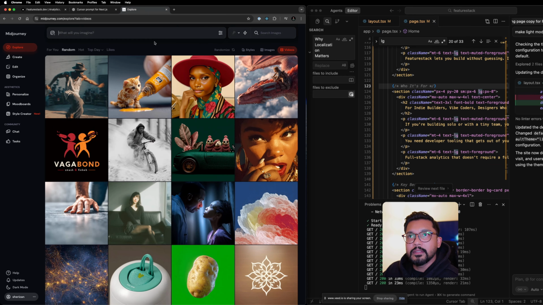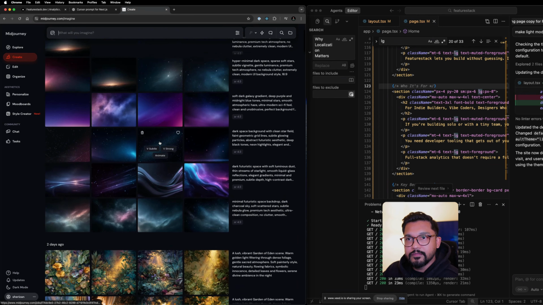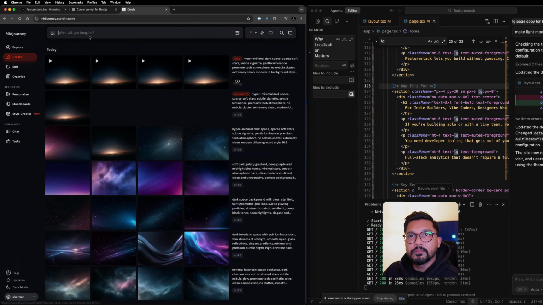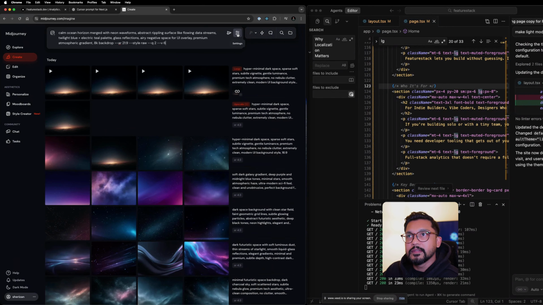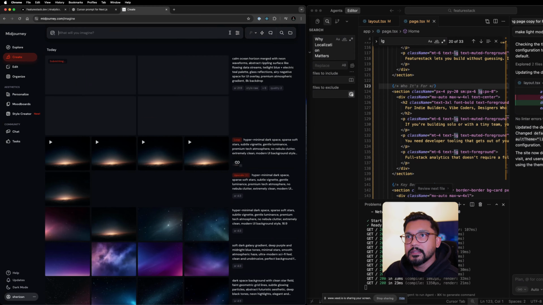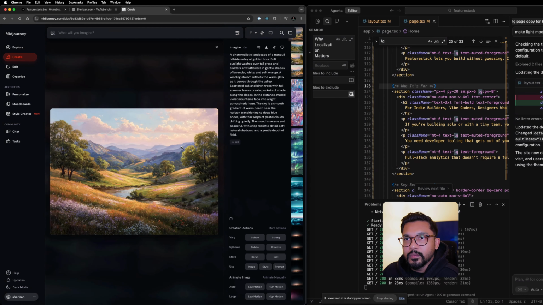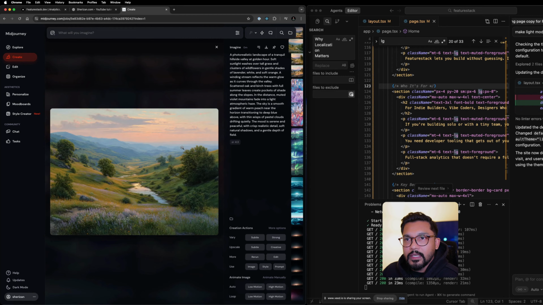Let's copy, go to create. As you've seen, I've done a couple of these already, and just paste it here. Just make sure you have the latest. So I want a landscape. Version 7 is the latest, and let's see. Okay, let's see which one we should go for. I think I like